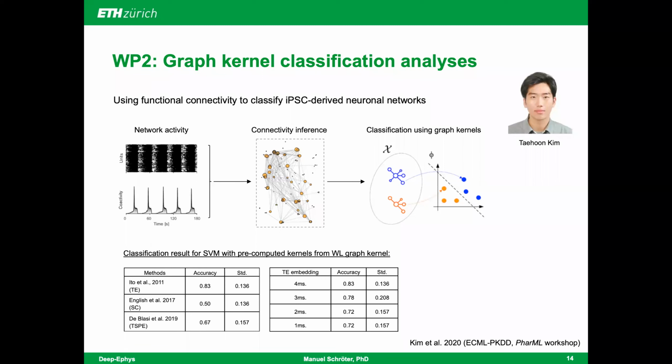For the method, we found that transfer entropy, which is a model-free information theoretic measure, outperformed several other methods. Moreover, we found that the temporal window between which the firing of one neuron is assumed to be able to affect the firing of another neuron, so the postsynaptic neuron, here called embedding, is a crucial parameter that had an effect on the classification performance. However, what we did not address in the study, and this is something we will talk about in a minute, is whether the established functional connectivity also resembled the actual synaptic connectivity.